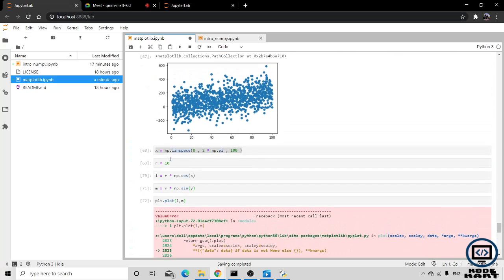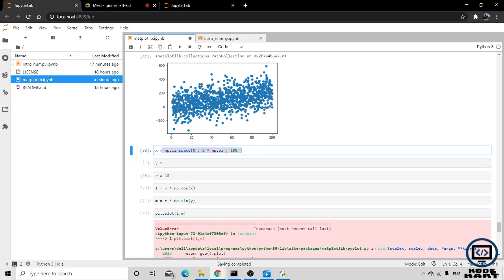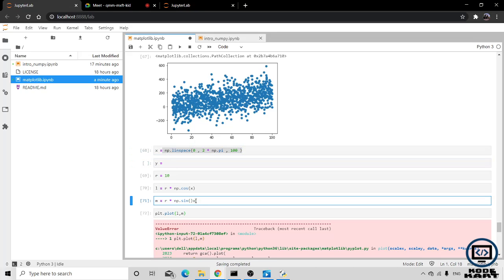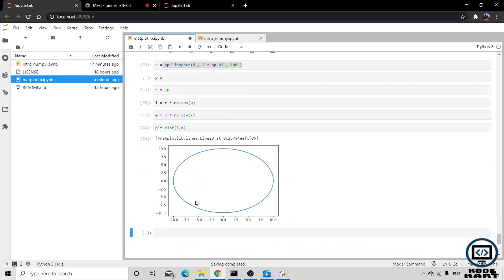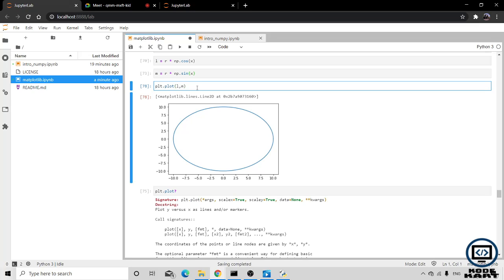Okay, it is giving me an error. What is the error? Oh yeah, I have not generated the value of y now. Y equals to, again this value I want. Oh yeah, we can do it with x also. It should work fine. Now you can see that a circle is generated. It is not looking like a circle, but this is a perfect circle. The reason is that the parameters passed by matplotlib are different for the y-axis and the x-axis. We have to correct them.